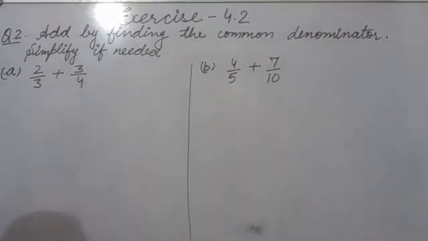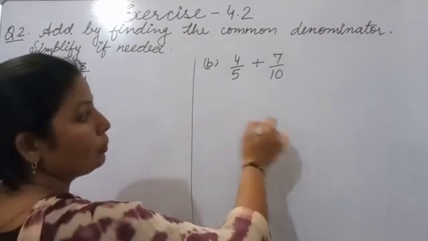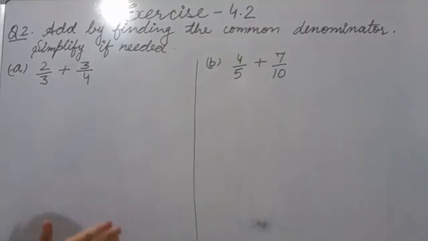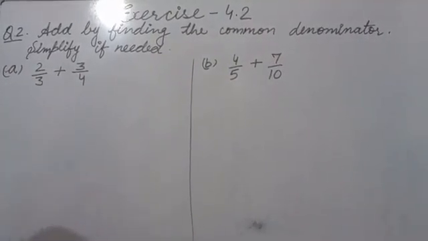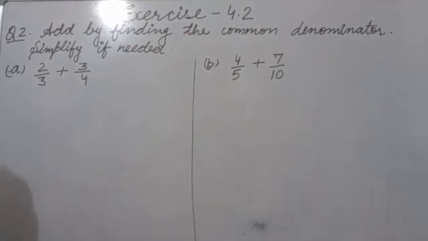Okay, but if same denominator, common denominator का मतलब ये होता है जो हम नीचे common denominator लेते हैं. So if there is same denominator, in C part you have same denominator. So there is no need to make them same, directly you will solve. Okay. So now let me start A part.